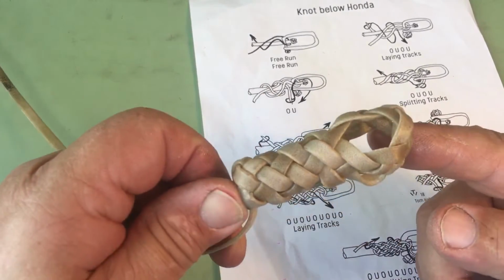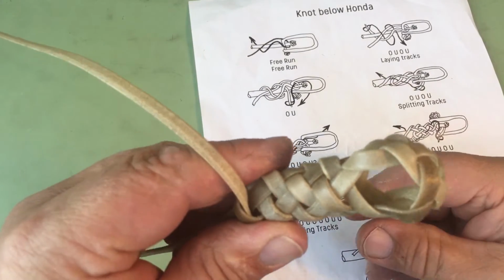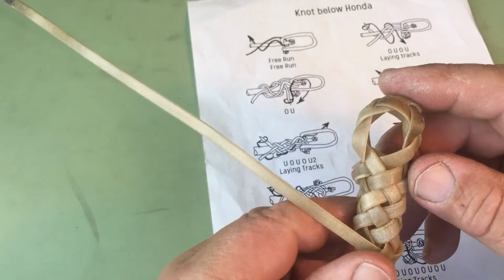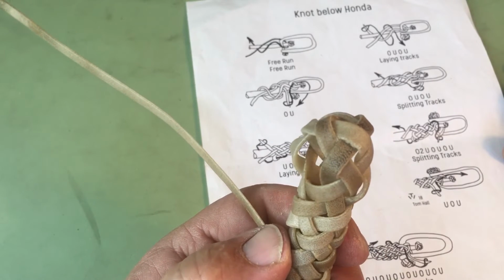But I really like this knot, and there's lots of things that you could use this knot for. So I hope you will try tying it,